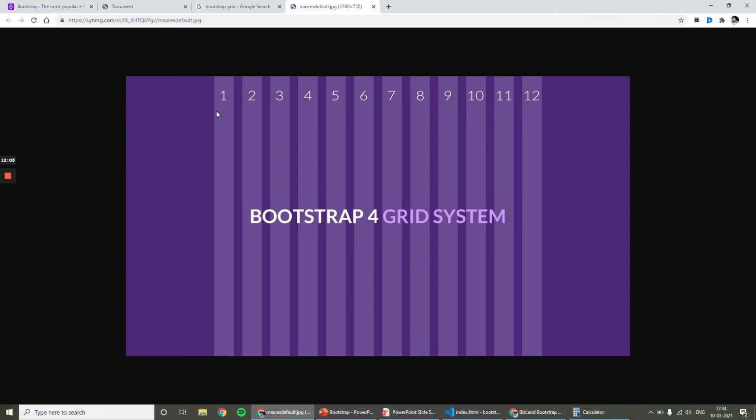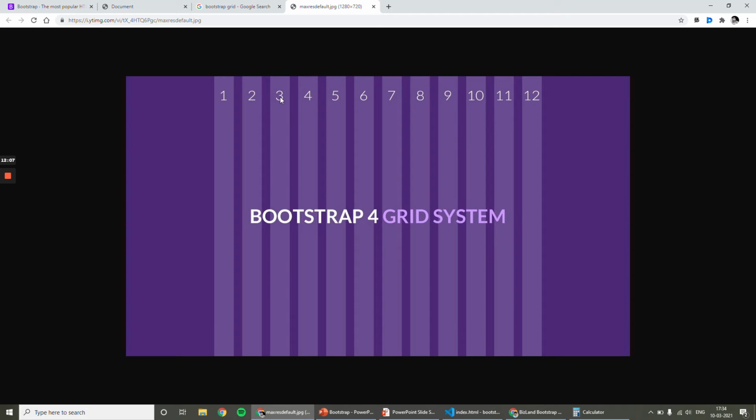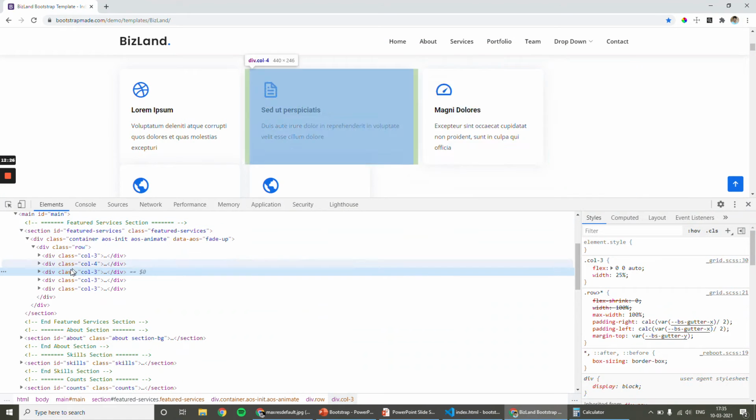So let me repeat. The first box takes 3 boxes, 1, 2, 3. It will end here. And the second one takes 4 boxes, 1, 2, 3, 4. So it will end here. The third one occupies 3 boxes, 1, 2, 3. So we have 2 more boxes available.